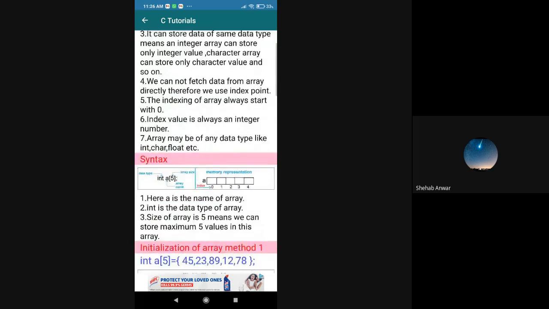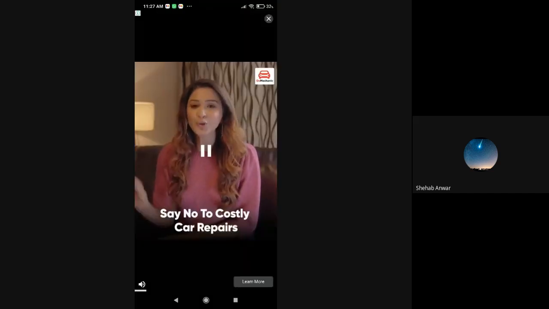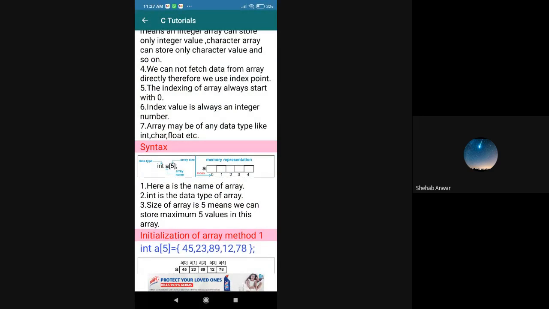If I see the example below, the syntax is like this: int. I want to go for an integer data type, to store only numbers. I'll say int a. Previously we said int a is equal to 10, so only the value 10 is stored. Now I want to store something like 10, 20, 30, 40, 50, 60, 70. If I want that, seven times I have to write a, b, c, d, e, f, g, so seven variables are utilized. I don't want to declare variables in that fashion.